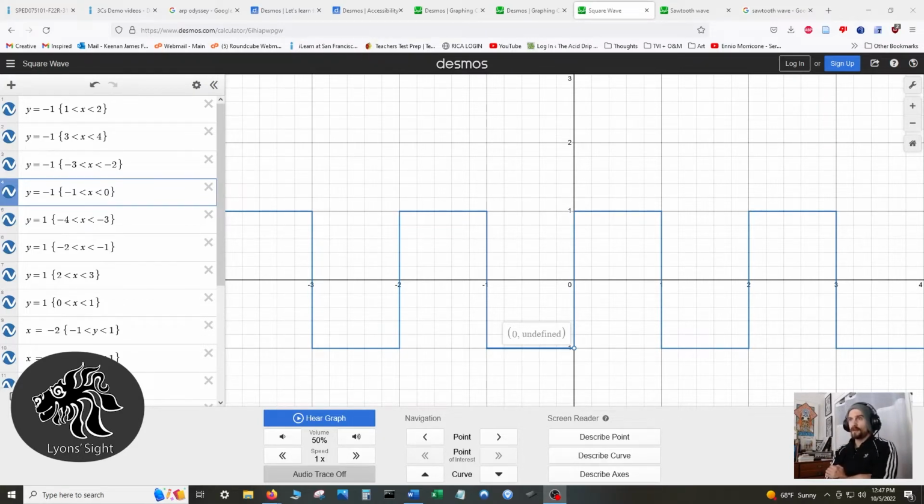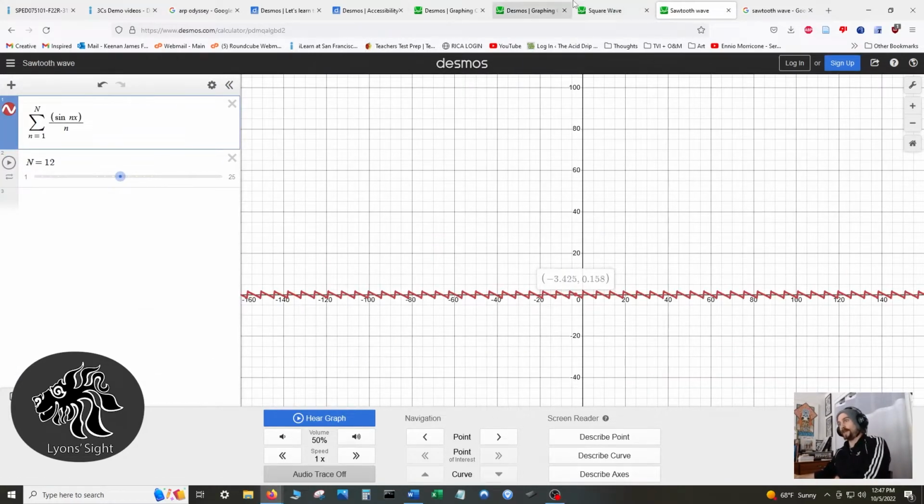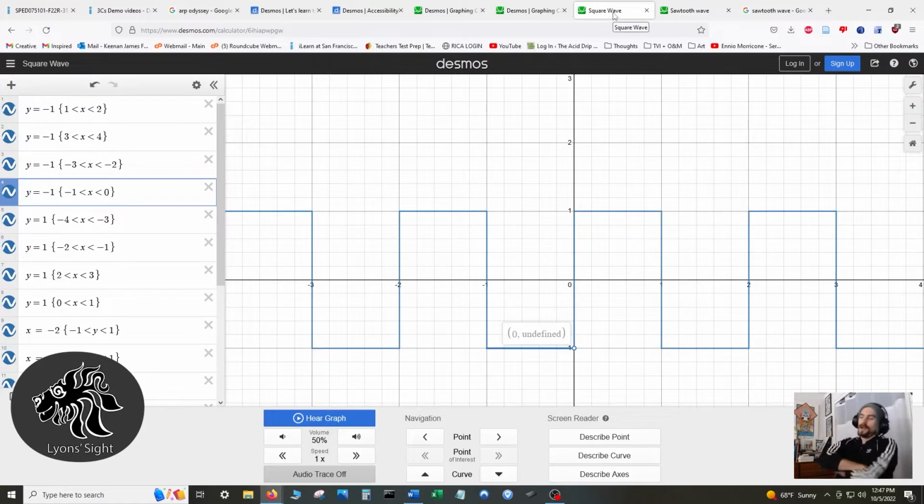We've talked about sine waves, we talked about parabolas. Now we're talking about square waves, and we're also going to talk about one of my favorites, the sawtooth wave. So, why do these shapes matter? Well,